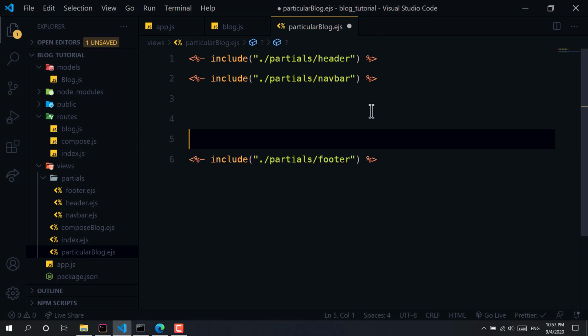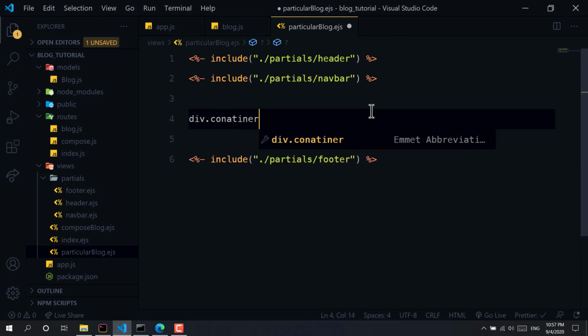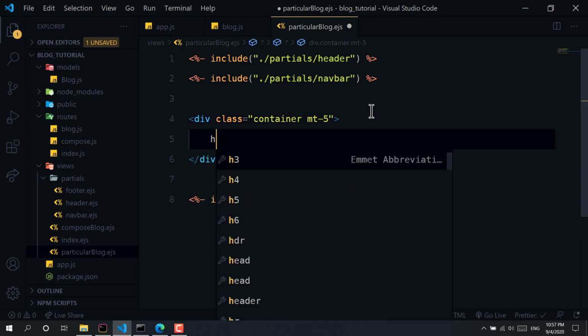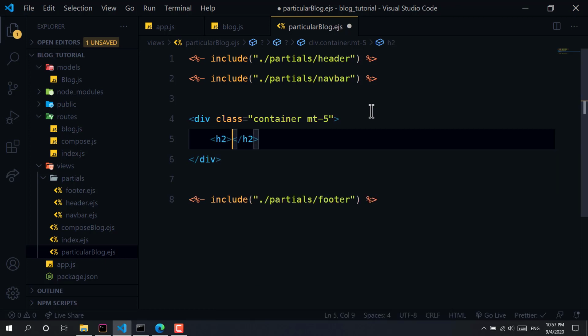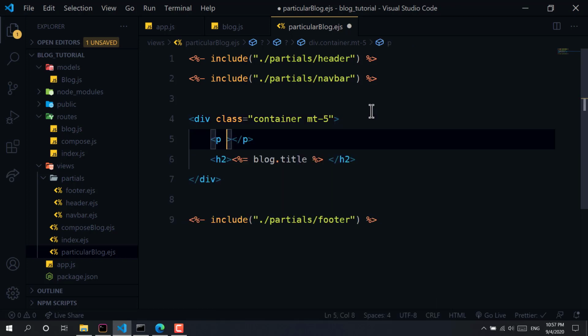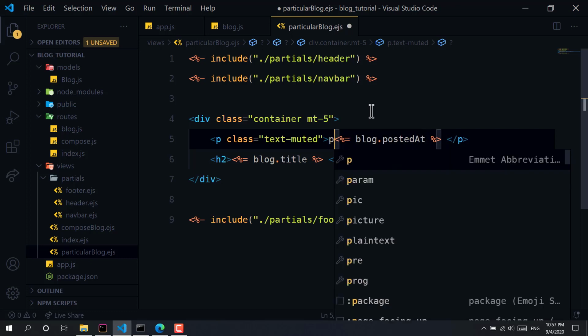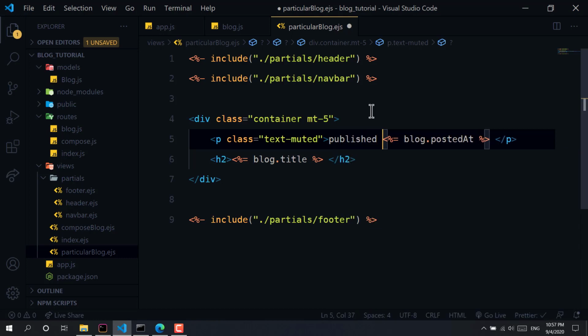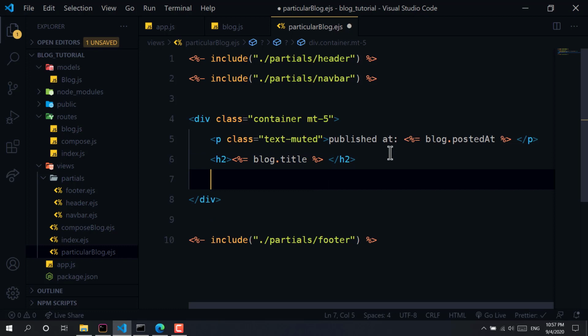So I am too lazy to work, so we will have a div.container and margin top of 5, and we will have here h2, and we will just use here blog.title, and we will have here a paragraph of class text-muted, that is blog.postedAt, and we will just write here published at, and we will have here content.